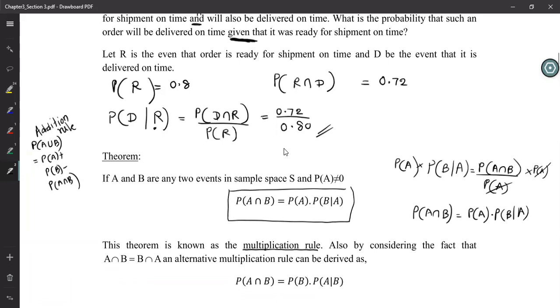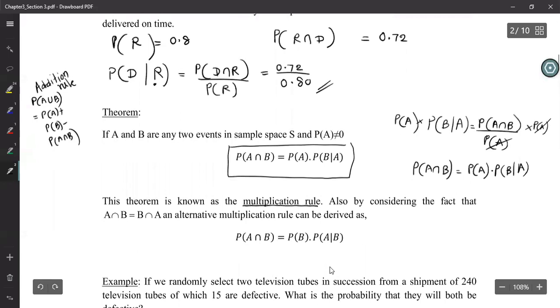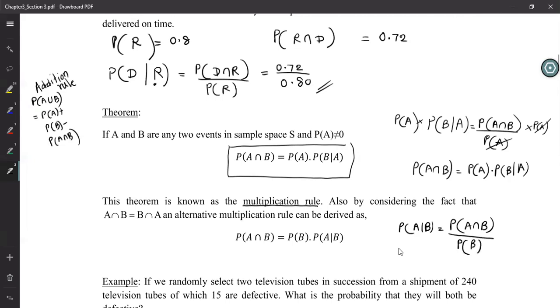So how do you get the probability of the intersection? This is using the definition of the conditional probability. In the same way, if you use A given B, A given B is again the intersection. It is A intersection B or B intersection A, both are the same. So you divide by the given one. Again, if you cross multiply, what do you get? P(A intersection B) is P(B) times P(A given B), right? So you have two equations, depending on B given A or A given B, to find the intersection.